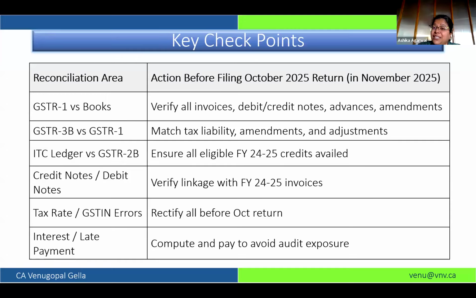If it is under-reported, this is the only month where you can reclaim this ITC. You can avail the ITC. Otherwise, it will lapse. Second, if there are any transactions in books for which your data has still not auto-populated in 2B, connect with your supplier and ask them to furnish those details. It may be a case that he furnished it as B2C, or he missed reporting it, or he furnished it with a wrong GSTN. Connect with them, and make sure they report it so that you can avail the ITC of it.